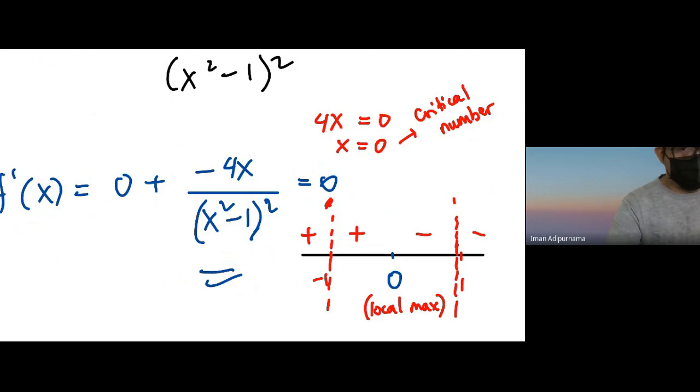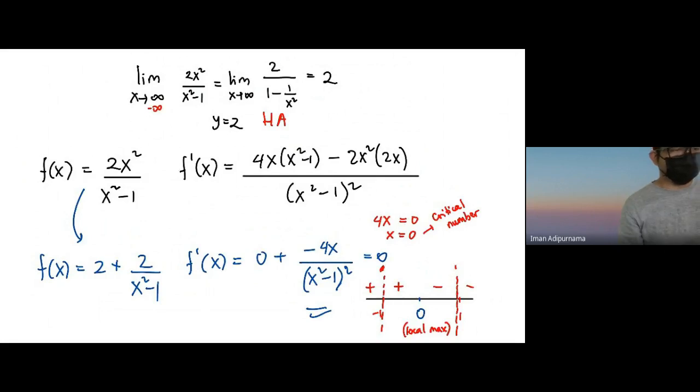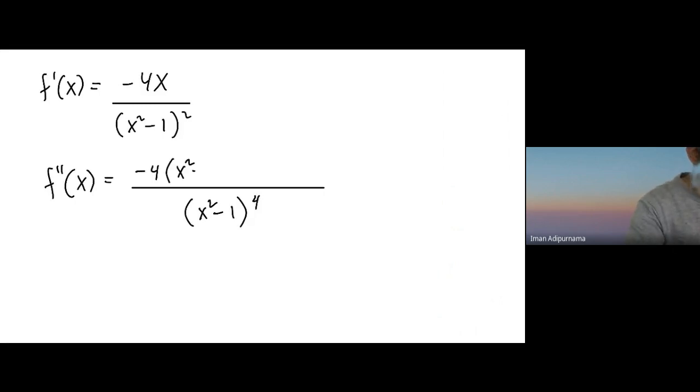Okay, now we are going to look for the second derivative. Let me move to the next page. Let me write the f prime. We get -4x divided by (x squared minus 1) squared. Okay, f double prime. I think there is no other way, we are looking for the quotient rule. This becomes -4 (x squared minus 1) squared